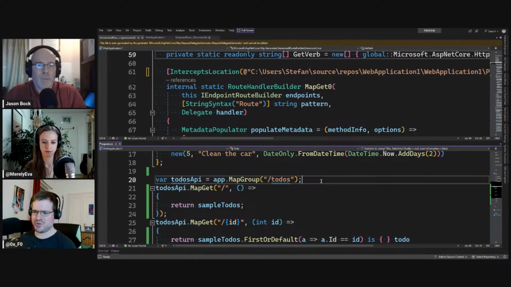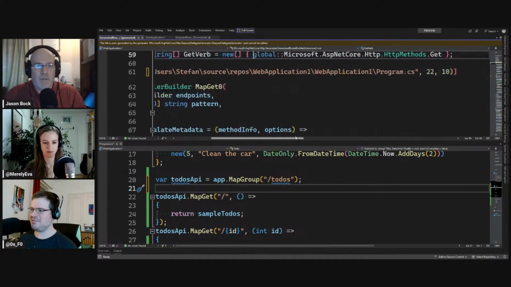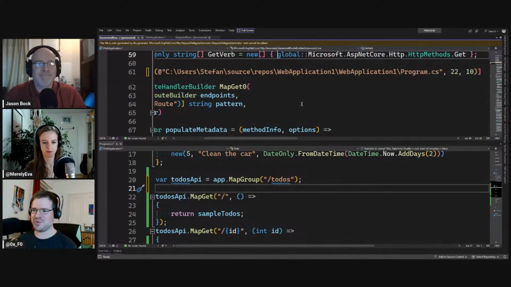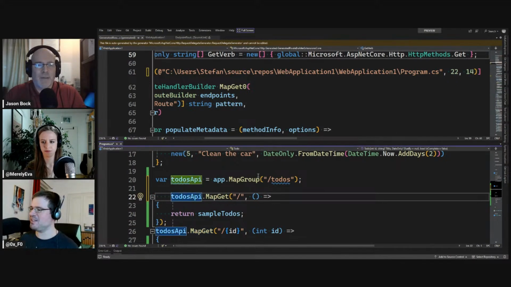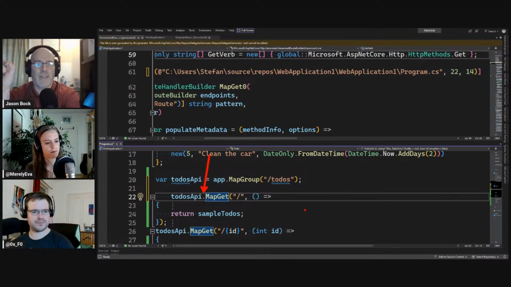Now I'm wondering if I put a return here and move this from line 21 to line 22, actually the source generator creating this interceptor is updating as well. And let's hit some spaces here. Okay, so it must be the precise location after the dot, if I get that correctly? If I remember when I was playing with this, the line has to be correct. The location, I believe, is okay as long as it's anywhere within the member name.